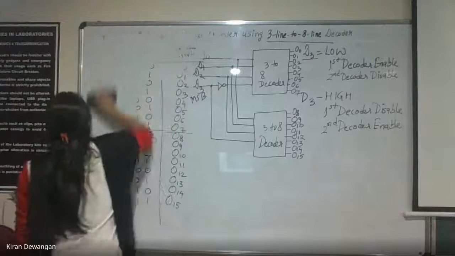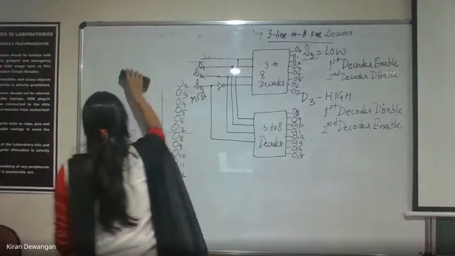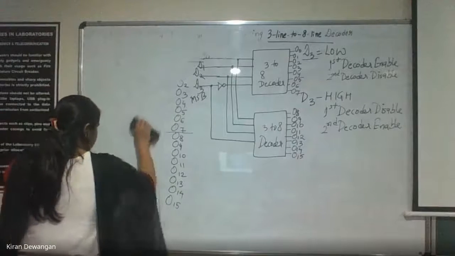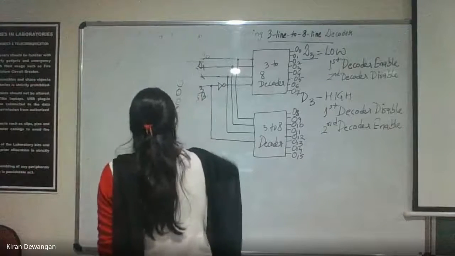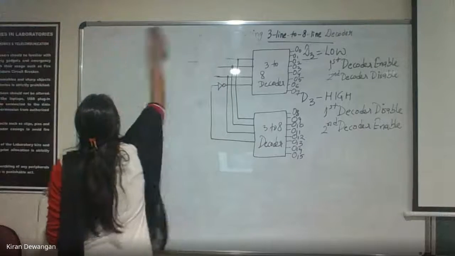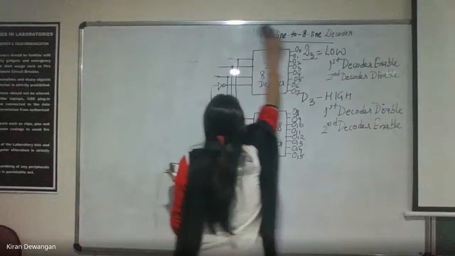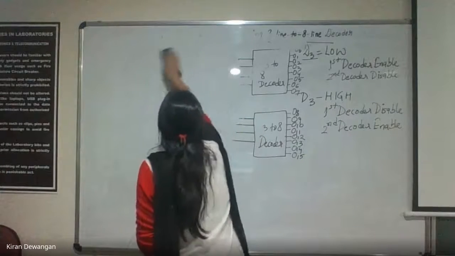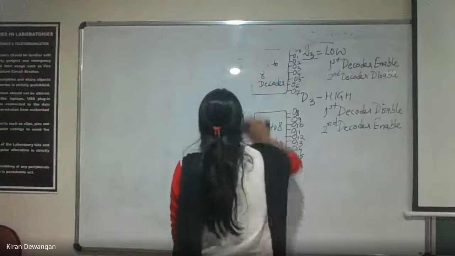Here, now the next is BCD to decimal decoder. Now for BCD to decimal decoder, can anybody tell what would be the number of input and the number of output? BCD to decimal decoder. Yes, I'm waiting for your reply. Just turn on your mic and reply. I can't see the chat here. Tell me first. हमें BCD to decimal decoder design करना है. What will be the number of input and the number of output?